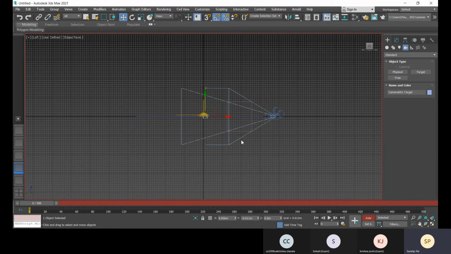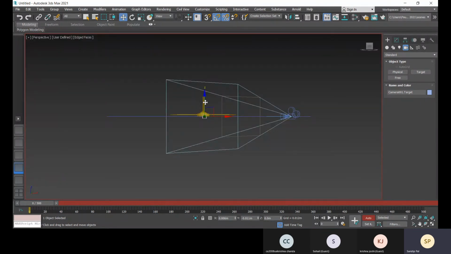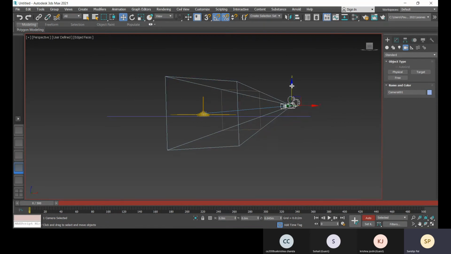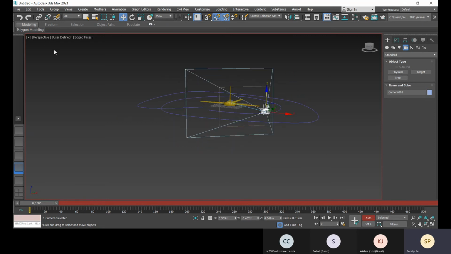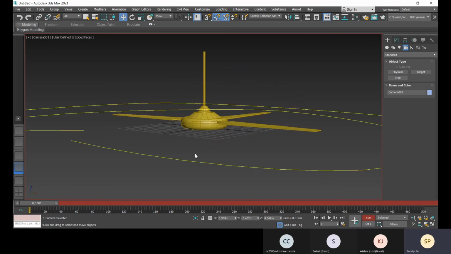If you go to this left view, check it, front view, check it, okay, the perspective view, check this. Okay, now switch into camera view. Now see, this is absolutely right. Come back to perspective view.